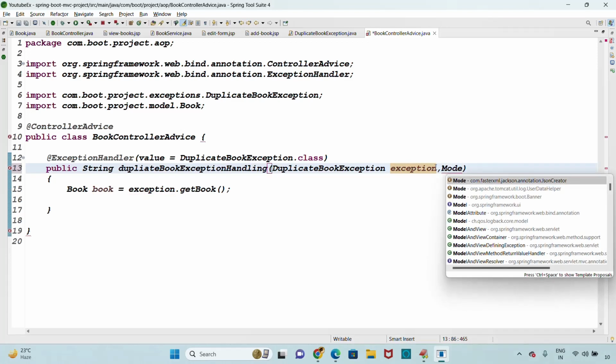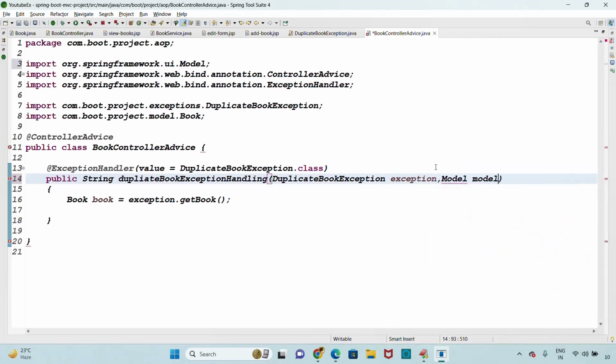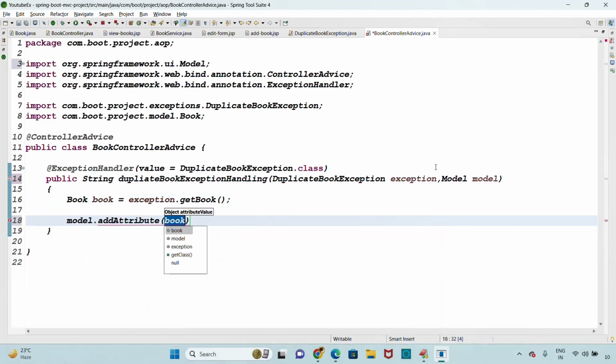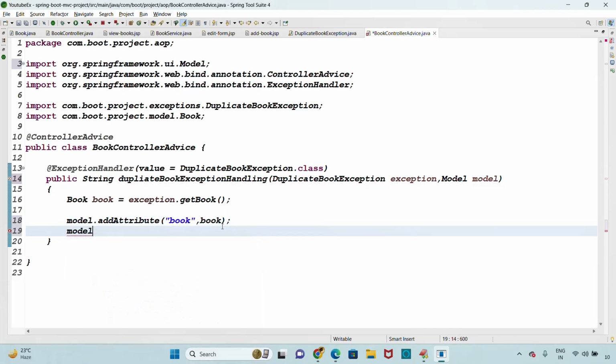Let me go for the model object here. Let me go for the model, right? Guys, please add the data here. model.addAttribute of book. I think you understood this book, what book is it here? Normal book or duplicate book? Tell me, it's normal book or duplicate book? It's the duplicate book, right? Exactly. model.addAttribute of